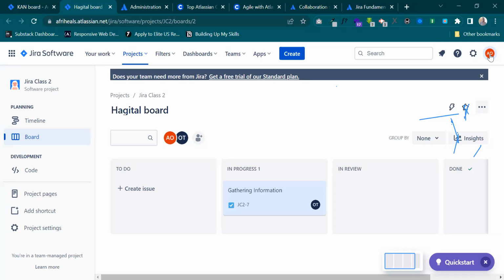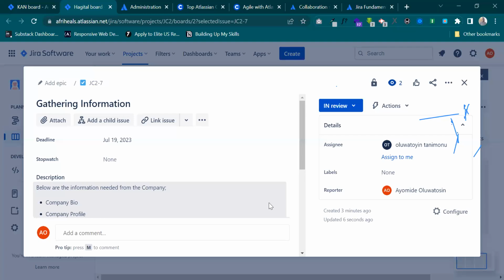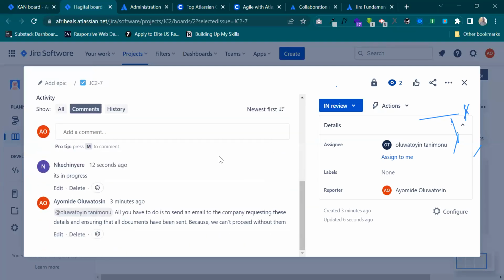So now you can only move the job from to do, to in progress, and review. I'll be the only one to move it down to done, that is, if we actually review. So the review section is where we will now start communicating. Now what you have to do for me is, let's assume that you've sent the email, you're waiting for their response. So now you need to drop me